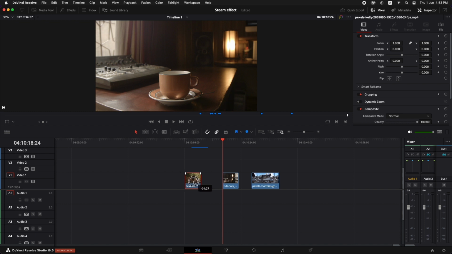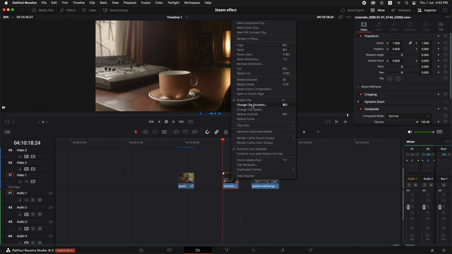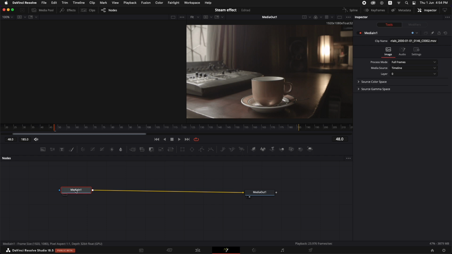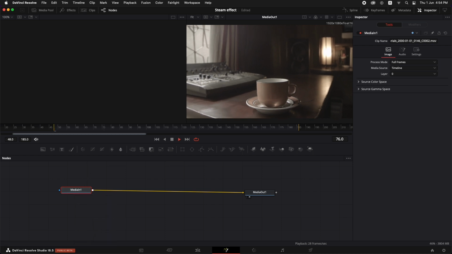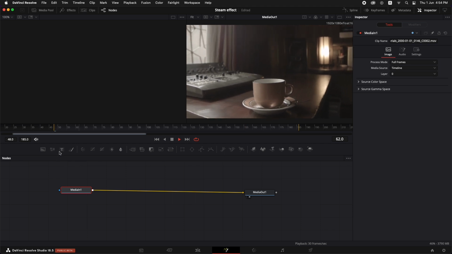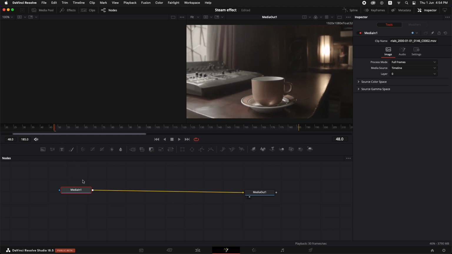If I wanted it to take the color grade with it to Fusion, I would have right-clicked in here and created a new compound clip. But right now, let's go into Fusion. Now, the first thing that we want to do for this shot, which is a moving shot, is that we need to track it. So for that, I'm going to start off with the media in one selected,